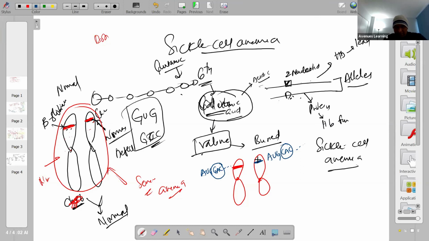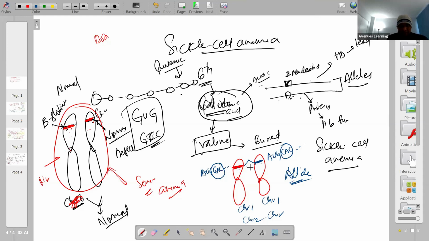So gene pair, when you refer to gene pair, this is what we are referring to. Gene pair or alleles, this is what we are referring to. By definition, an allele is a gene pair present on the same locus on the homologous chromosomes, same location on the homologous chromosomes, chromosome 1, chromosome 2, and so on and so forth. So when you say heterozygous, that means both are different copies.